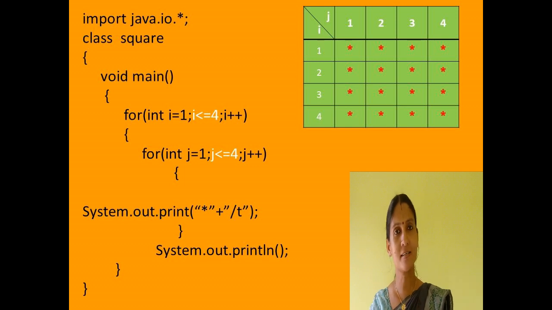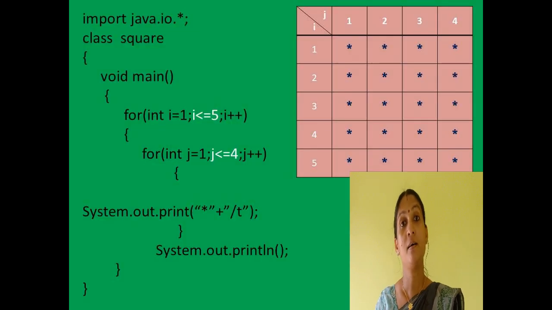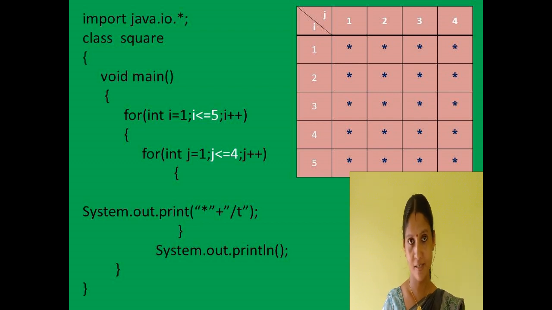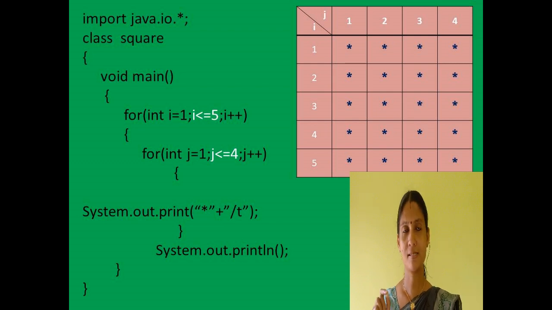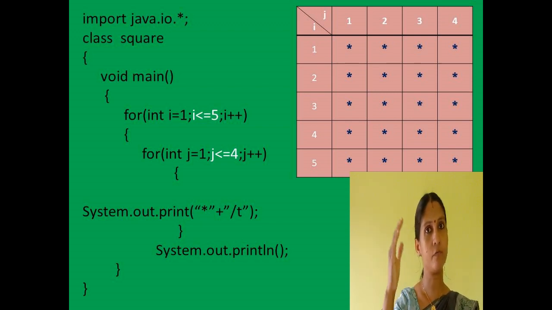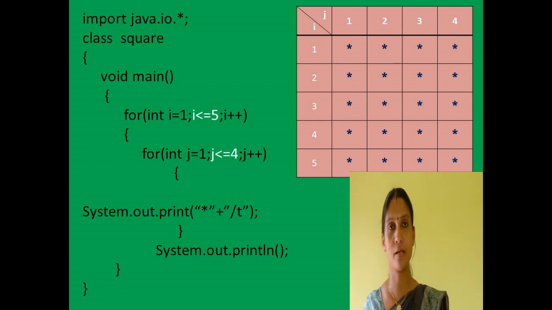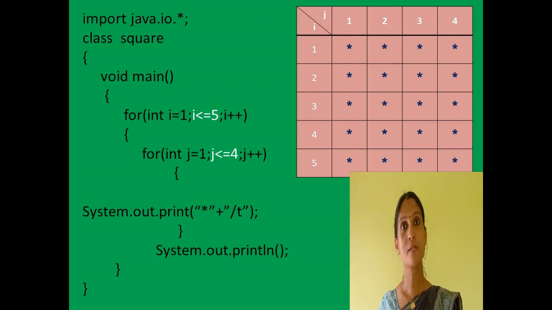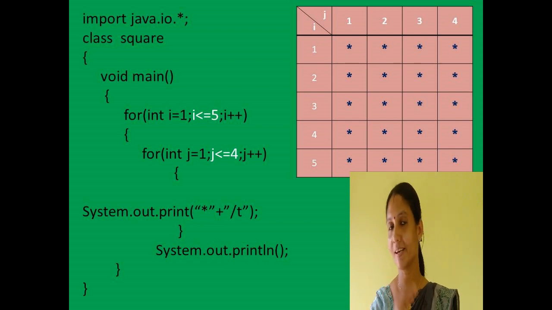Then how can you change it? With a slight change we will get a rectangle shape. How? In the case of a rectangle shape, we know the length and breadth are different. That means the number of columns and number of rows are different. Then you just give a slight change. Instead of giving n for both, first you give n and for the second one you give m. That means if you give 4 for the first, you give 5 for the second, or something like this. Then you will get a rectangle shape. That means 4 columns and 5 rows. Listen, this is the program of a rectangle shape.